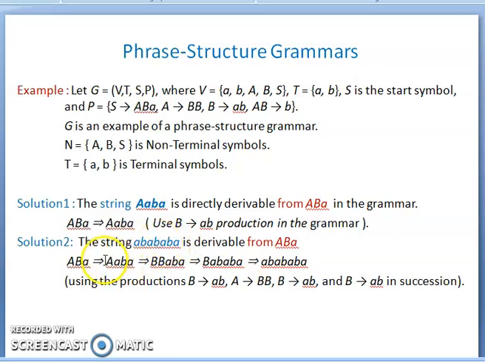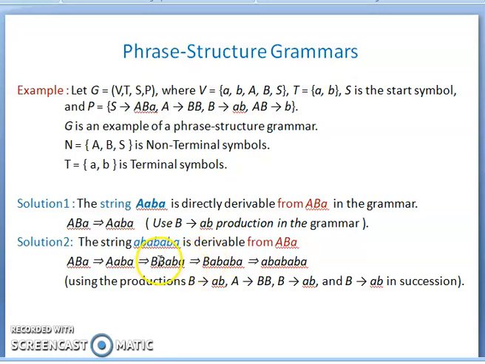So only one capital letter character is there, capital A. Instead of that one, we should get this particular string. So how to get it? Instead of A, what is the suitable production? Here only A is there. Instead of A, you can substitute capital B and capital B. Right? You can substitute. So finally your string becomes capital B, capital B, small a, small b, small a.